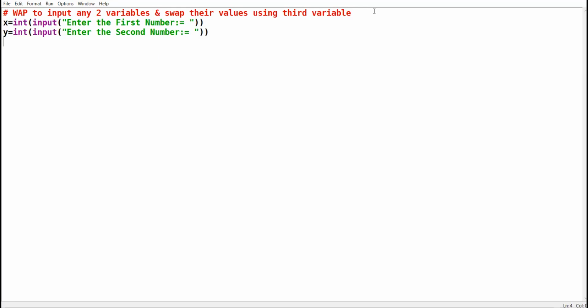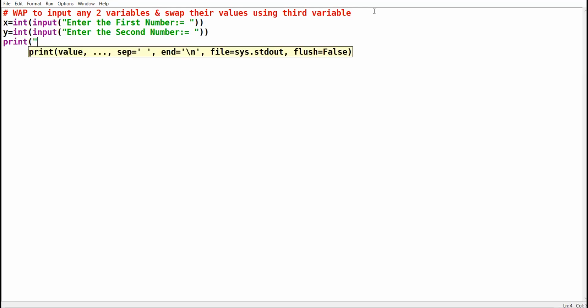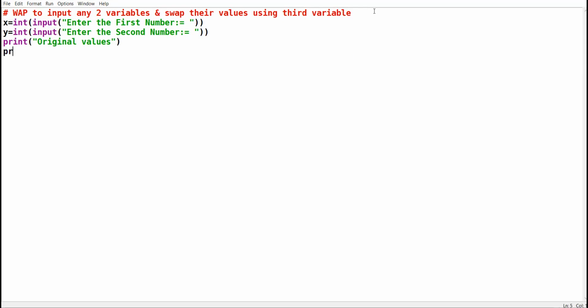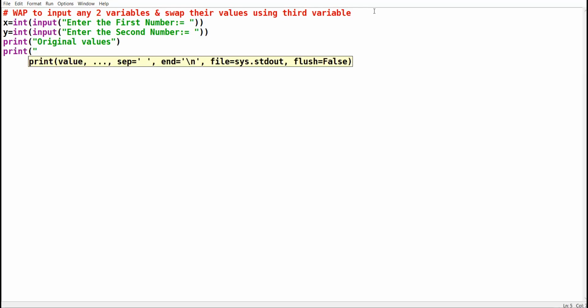Okay, now before swapping, original values, print x equal to x, comma y equal to y.